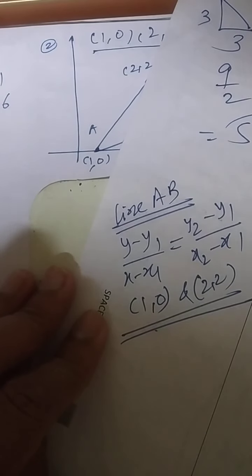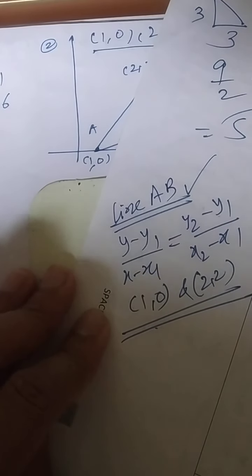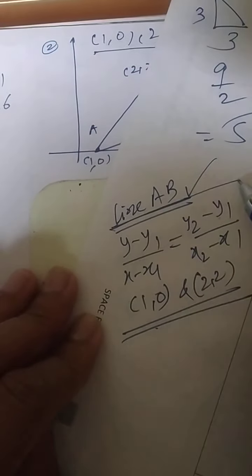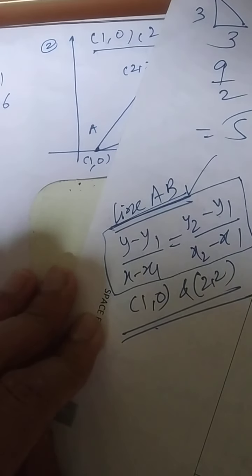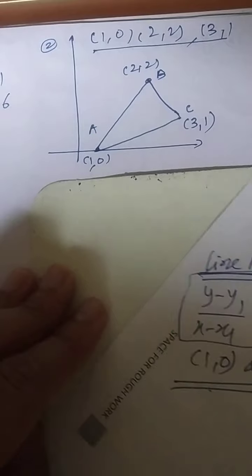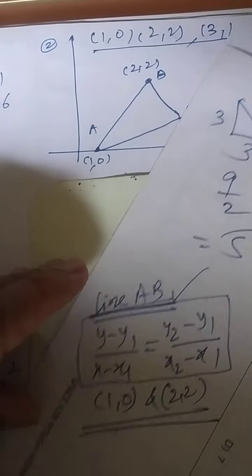You just replace, simplify and tell me what is the equation. Whenever such kinds of situations are there, you just pause the video and write it. This is the line AB. Similarly, you will be getting all the 3 lines. So the 2-point form is to be used properly. Likewise, you can get all: the AB line, BC line and AC line. Okay, that is your work.